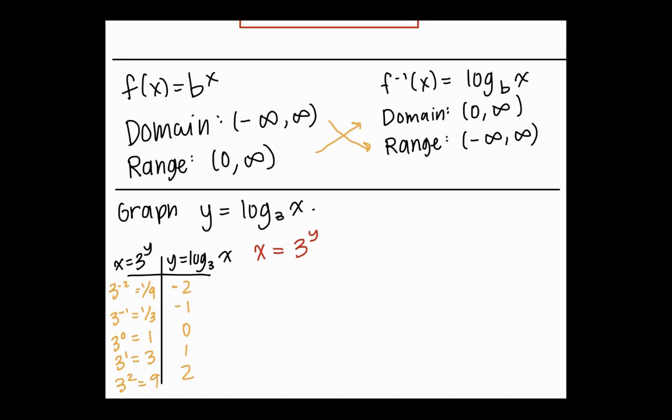So if we're graphing a log, you're going to choose the numbers for your y and then figure out your x's. We don't want to just plug any random number in for x, because it may not work out nicely, but we can plug whatever we want in for y and then figure out my x. So if I want to graph it,